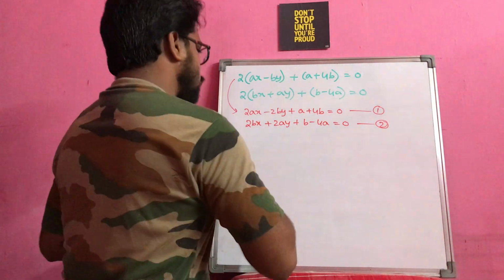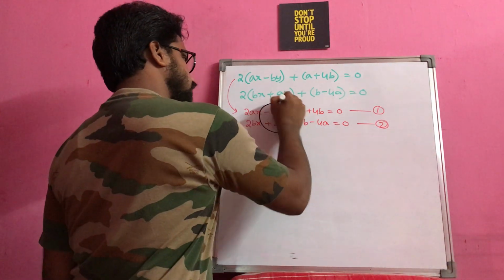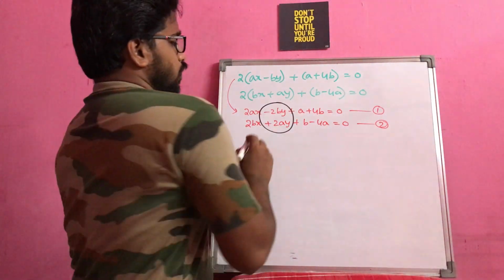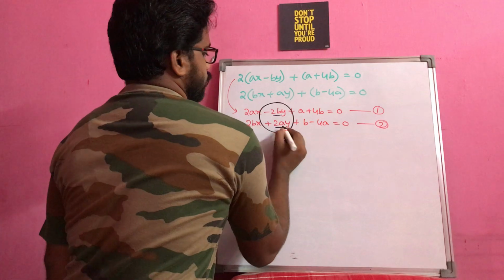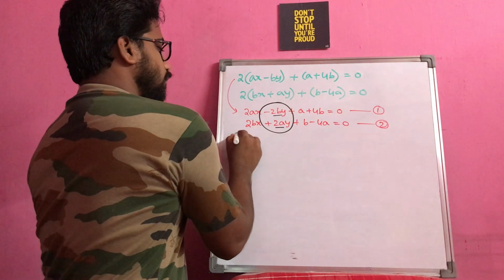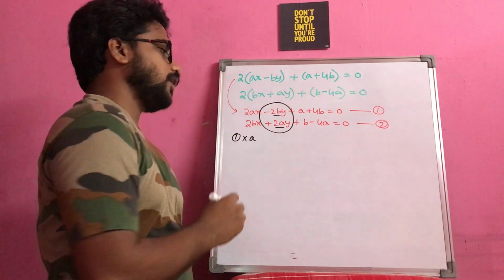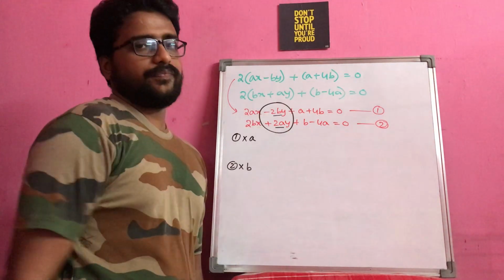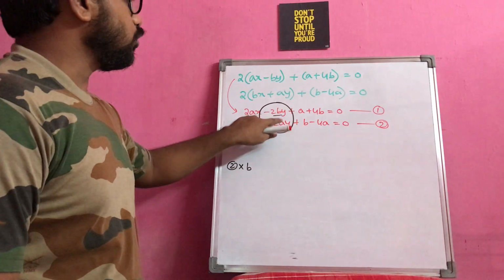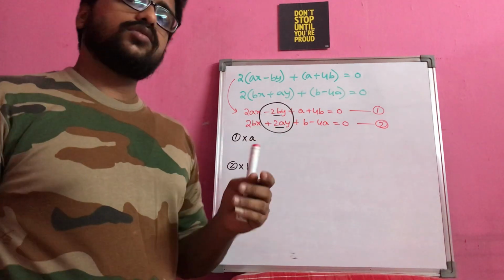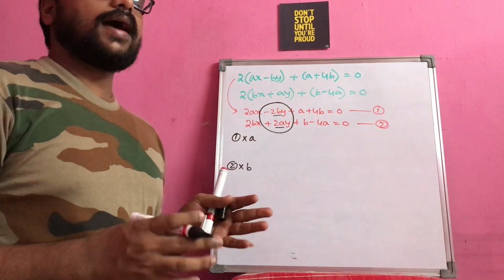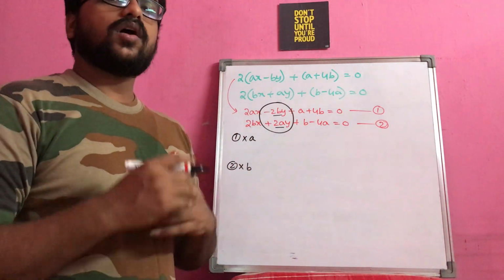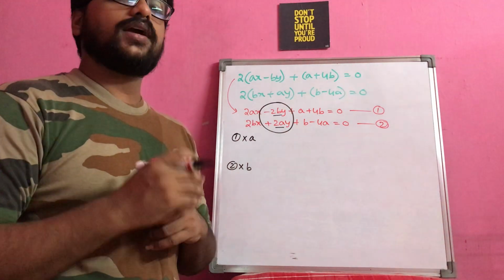So I am just concentrating on these two terms as of now. Why? Because these two have opposite signs. So this is 2b, this is 2a. So it gives me a thought that the first equation has to be multiplied by a and the second equation by b. Why? Because for these two, b and a, the common factor is ab, obviously, right? Because if I say 2 and 3, I will look for a 6.